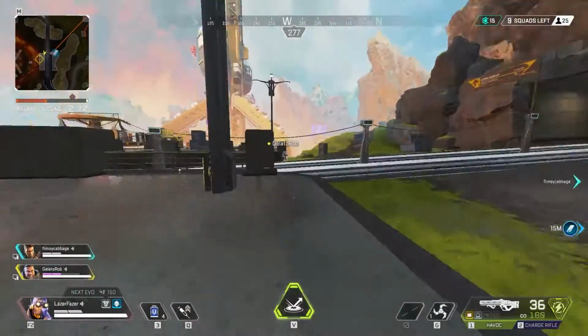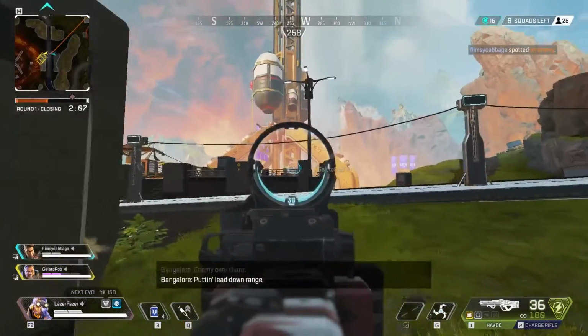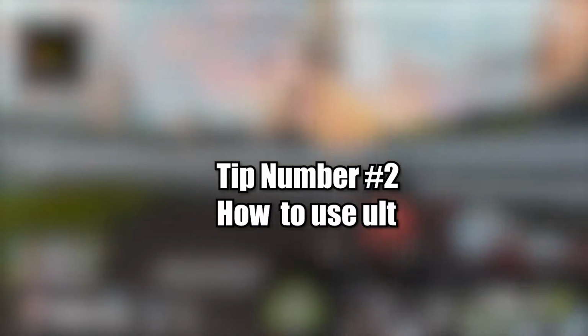The best way to use it, in my opinion, is to catch up with your teammates or to push an enemy if you know they're low. This is a really good tactical, but make sure you are smart or you might die. You got that? Good. Moving on is tip number 2, which is going to be how to use your ultimate